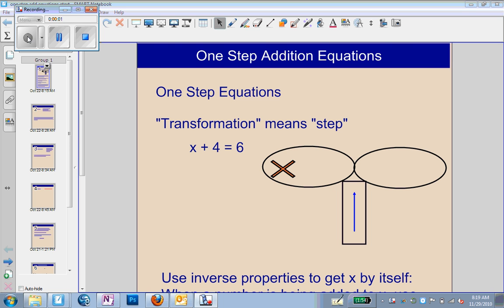Okay, so today we're going to start learning about one-step addition equations. And you'll see the word transformation and